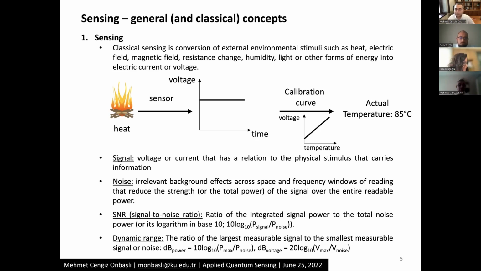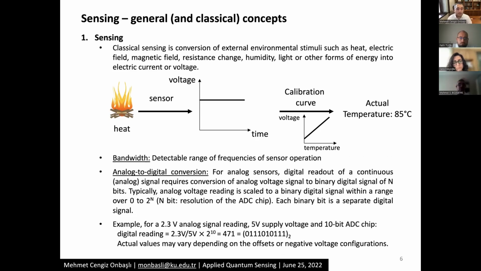So you can refer to this as our microphones, which can detect tens of dBs of sound scale. So that's why we are referring to the dynamic range as the detectable range. In addition, there's also bandwidth. Bandwidth is quite relevant for quantum computation and quantum sensing, because this is going to set the qubit quality and also the sensing signal-to-noise ratio. We are essentially referring to the detectable range of frequencies for our sensor operation in the bandwidth.